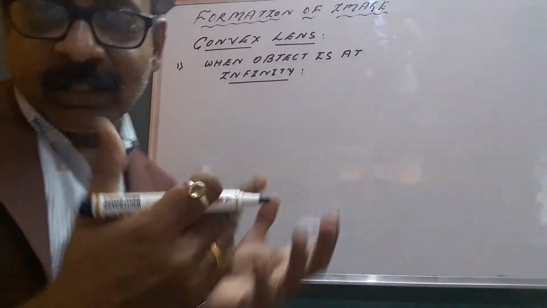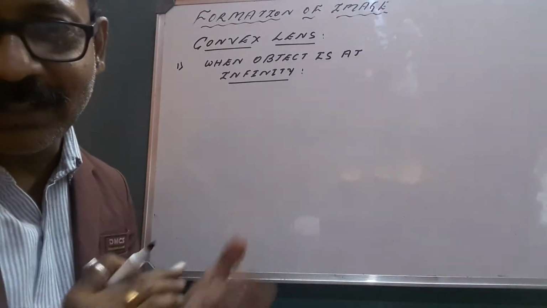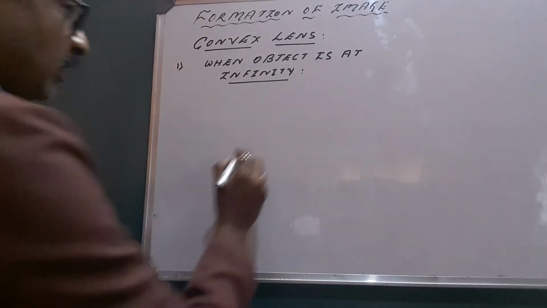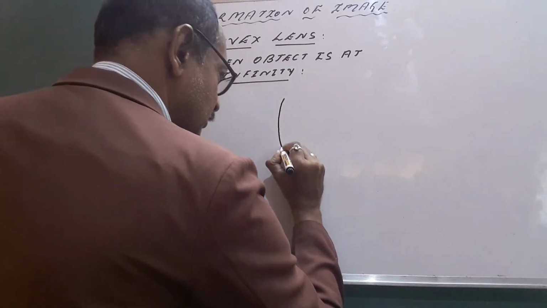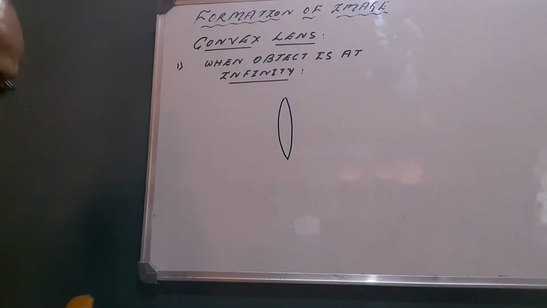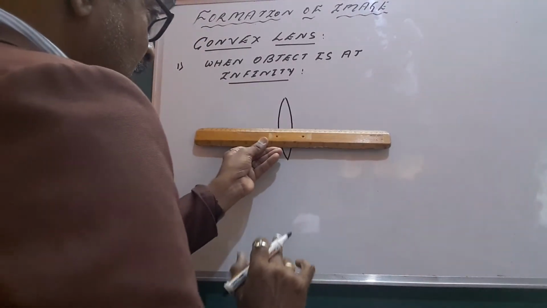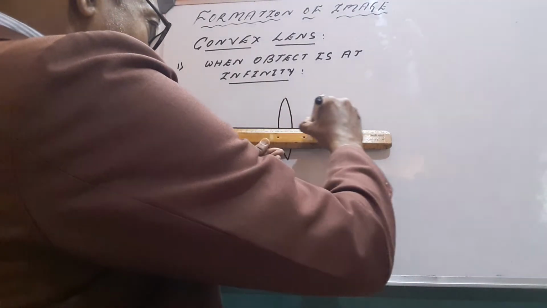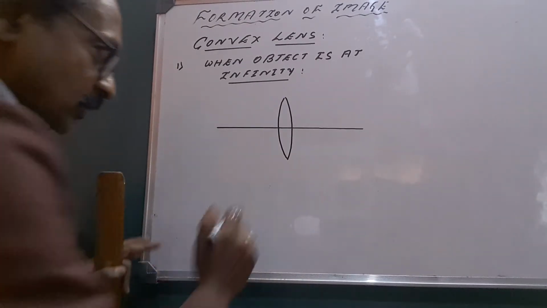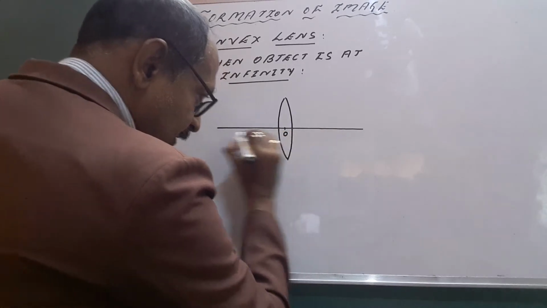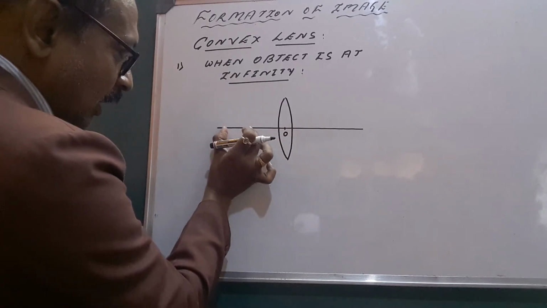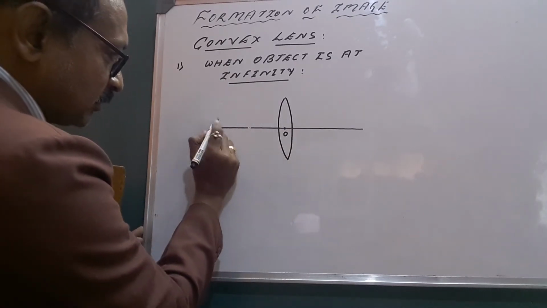We can draw two ray diagrams for this. Let us understand it clearly. Let us consider here we have one lens. This is a convex lens. For this lens, I will draw one principal axis. This center here is called the optical center. I will take this much, and the same from here to here I will take this much.